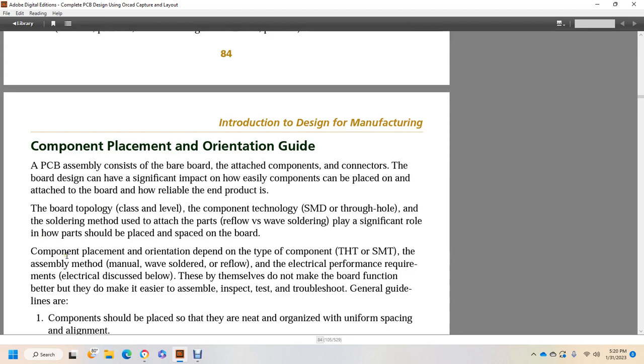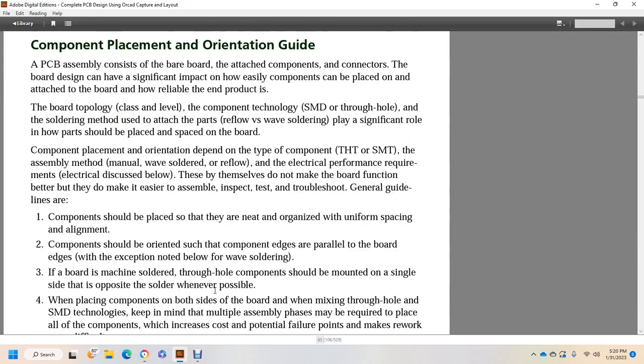Component placement and orientation depend on the type of component, through-hole or surface mounted, and on the assembly method, manual or wave soldered. The electrical performance requirements discussed below do not make the board function better, but they do make it easier to assemble, inspect, test, and troubleshoot. General guidelines are: